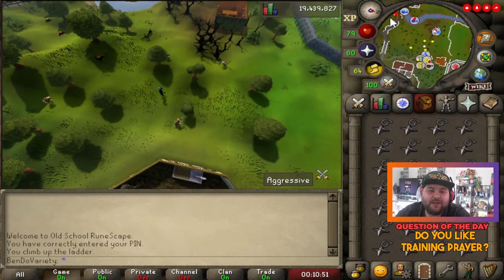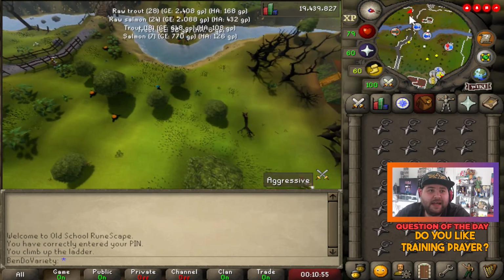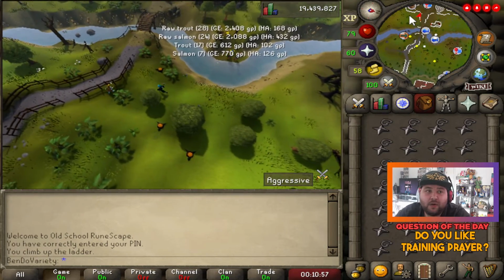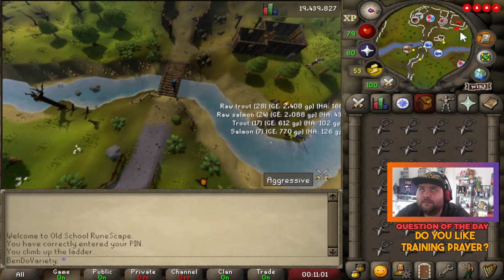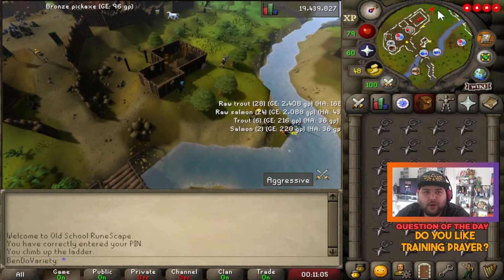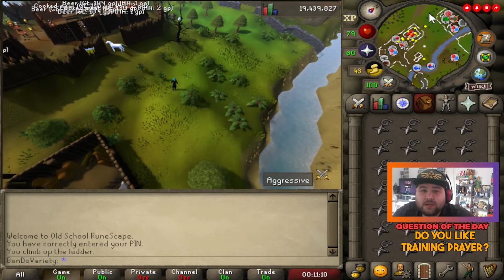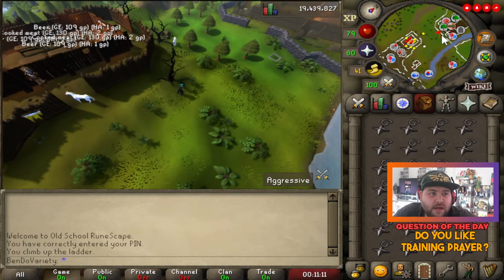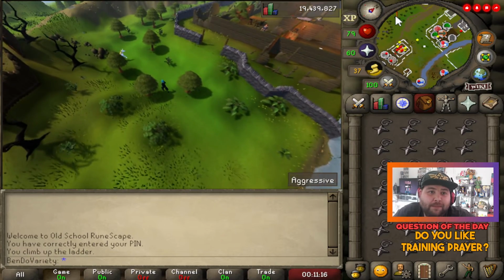The thing with prayer as well is it can take a while to train, especially in free to play. It's not the funnest thing to train, I've got to admit, because the best bones you have access to in free to play are what? Like big bones, right? And training prayer off of just big bones on their own is a bit of a chore. You can get faster rates if you go to a chaos altar in the wilderness, but again, more often than not, you will get wombo comboed by other players because players use the